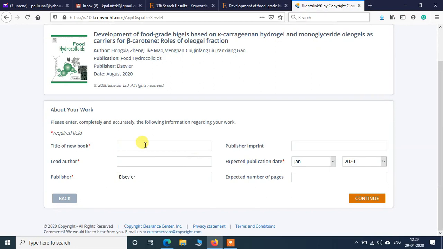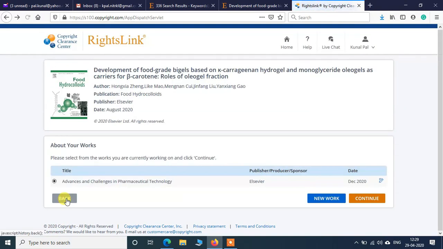You just put in the name of the book, the name of the lead editor who will be editing the book, and then you put in the expected date of publication, expected number of pages, and all these things. However, I already have an account, so I'll be choosing from here only. I have already selected this one. Then click continue.